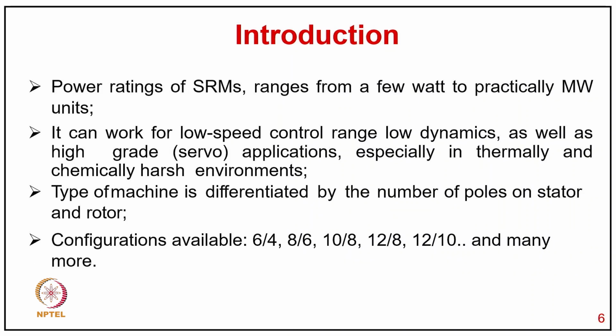The power rating of the switched reluctance motor ranges from 3 watts to practically megawatt units, and it can work for low speed range, for low dynamics as well as high grade servo application, especially in thermally and chemically harsh environments. The type of machine is differentiated by the number of poles on stator and rotor, and the configurations available which